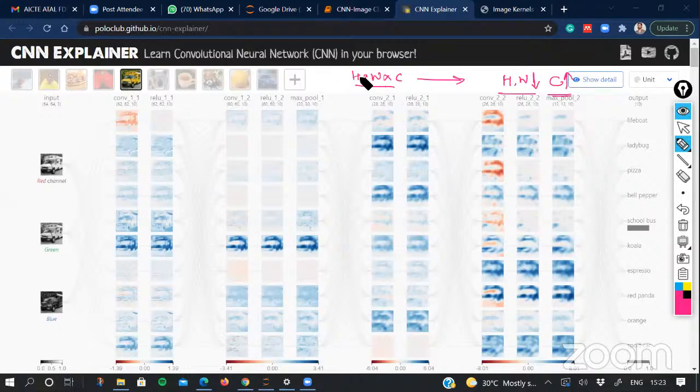Initially, if your size is high, it requires more computations, so you should use fewer channels. But when you reduce the size, you have the liberty to increase the number of channels at the same number of computations. So in general, as you go through the layers, your number of channels increases and the size decreases. And finally, you will have the output layer where you can see the softmax computations.